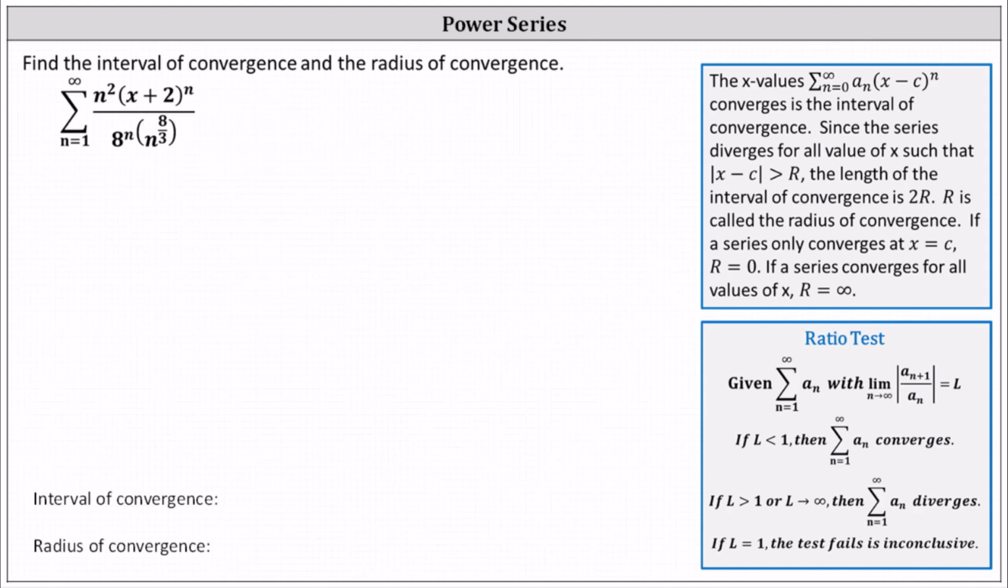Find the interval of convergence and the radius of convergence for the given power series. We have the sum from n equals 1 to infinity of n squared times (x + 2)^n divided by 8^n times n^(8/3). Notice we can simplify this formula because we have n squared in the numerator and n